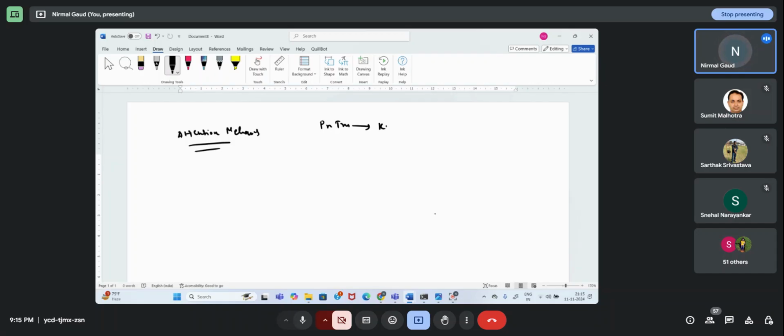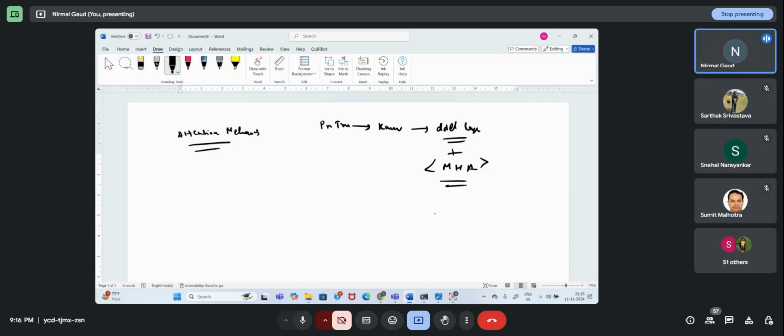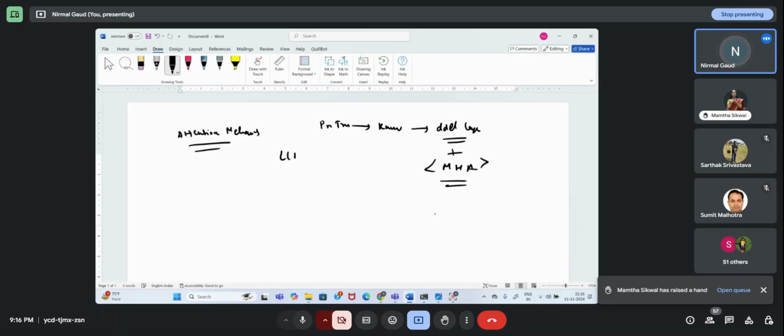Once I got this knowledge from these pre-trained models, I'm going to add layers ahead. In those layers, I need to add multi-head attention. What it is, you have to be patient with me. Then I will be able to explain this attention mechanism. Because right now we have all these LLMs, ChatGPT and everything, based upon attention mechanism. How we can use this technique, this phenomenon, with imaging. That's what I want to tell.